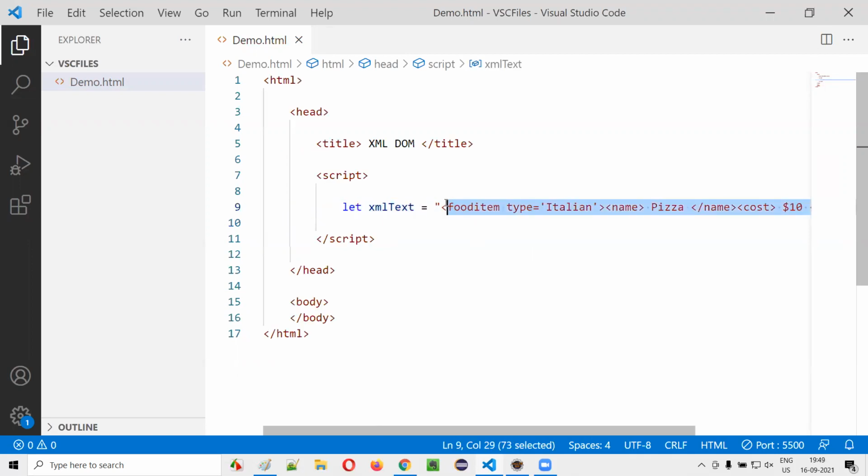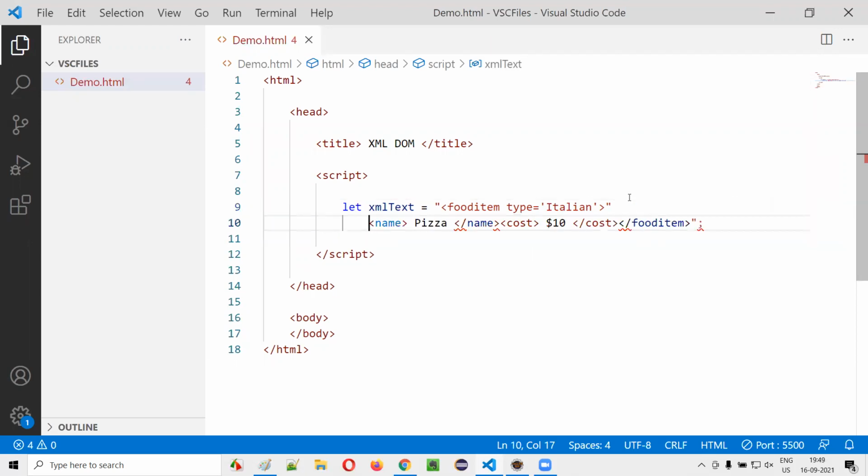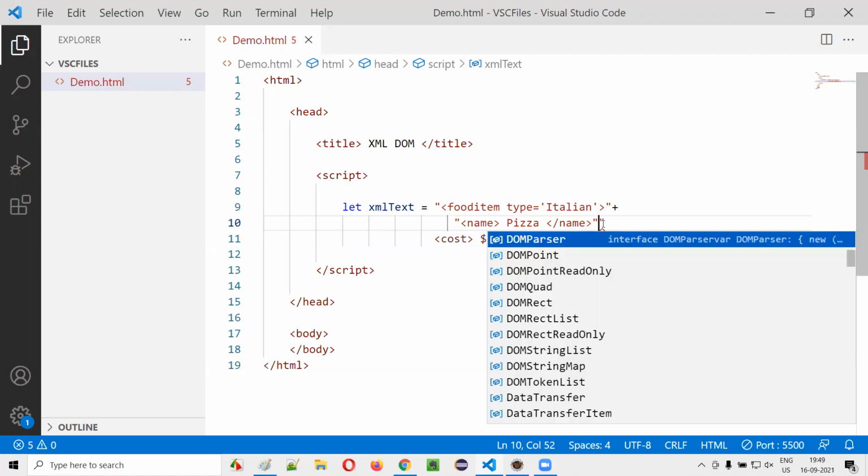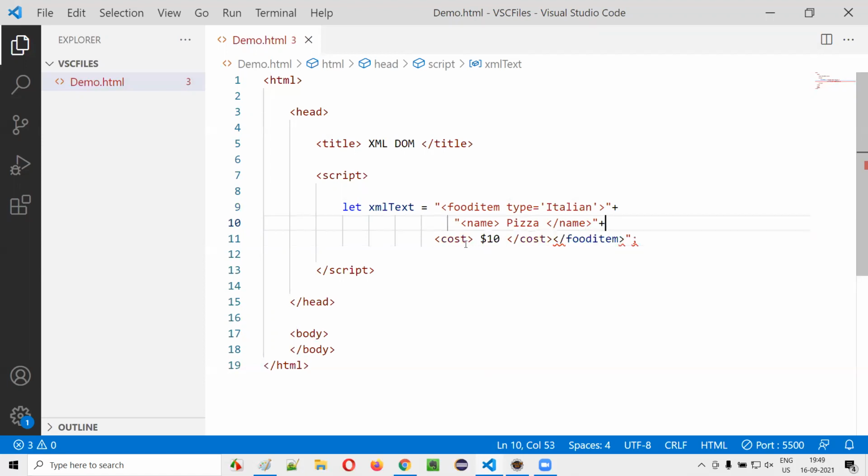Or if you want to use this particular thing in multiple lines, you can use it like this also, guys. You just provide double quotes here. Just move it to the new line and just put a plus icon here. Like this also is possible, guys. You can move this, say double quote. Now let it look like a real XML file. Finally, plus icon. Like this also you can represent in your file.